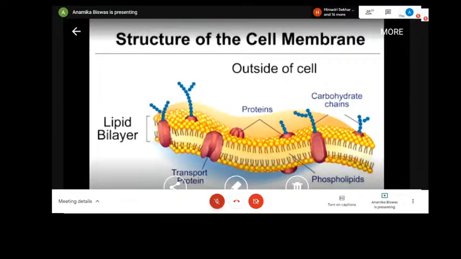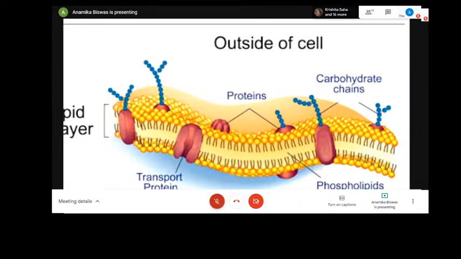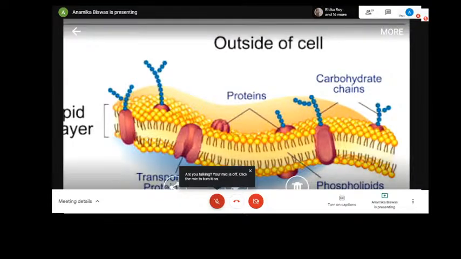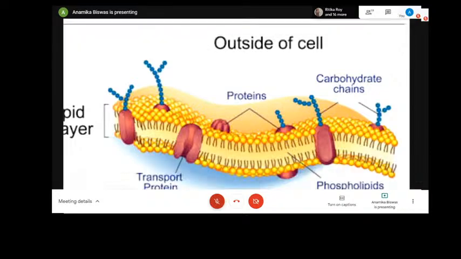Now, it is a model that was represented by scientists Singer and Nicholson in 1972 to study the lipid and protein structure of the cell membrane. So this mosaic-like arrangement of lipid and protein is called the fluid mosaic model of Singer and Nicholson. According to this model, the lipid molecules are